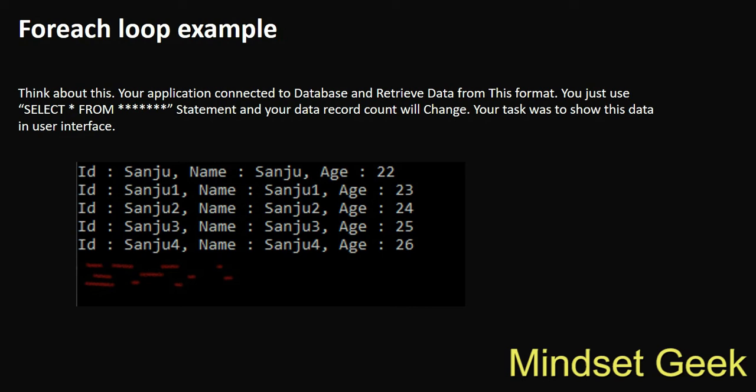I ask you to make a program, right? Think about this. If I get the data from anywhere, we should use a for each loop, right? The reason is we don't know how many records there are. It will always update, right? Okay, I will explain how I code. Let's go to coding.